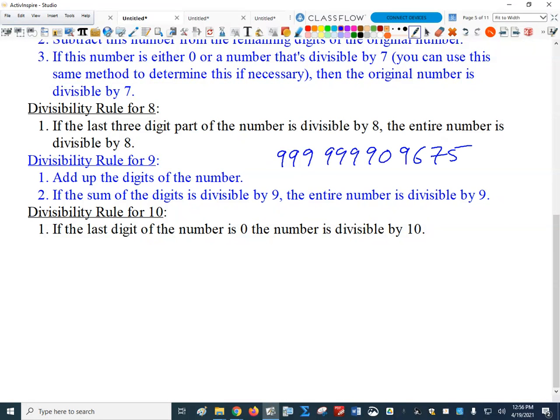I want to know if that number is divisible by 9. I could add up all those digits, right? That's going to give me, let's see, a bunch of 9s there. So 8 times 9 would be 72, plus another 12 is 84,